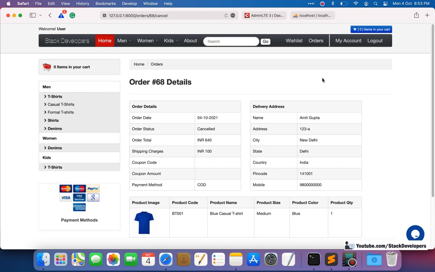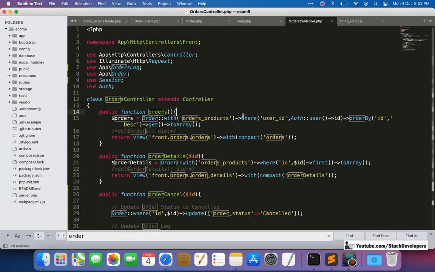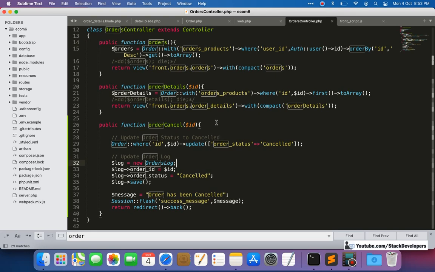We will authenticate the user. We will check that the user is valid, that the valid user, the owner of the order, is actually cancelling the order. So that thing we are going to check with the auth. Let's update once again. The order cancel function we are required to update, and we need to check the user ID from auth and the user ID from the order as well.